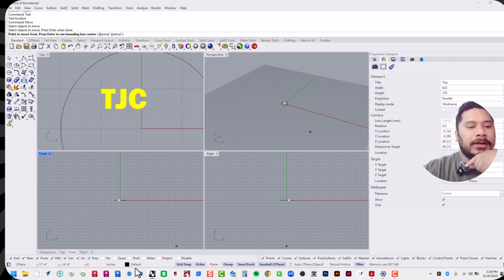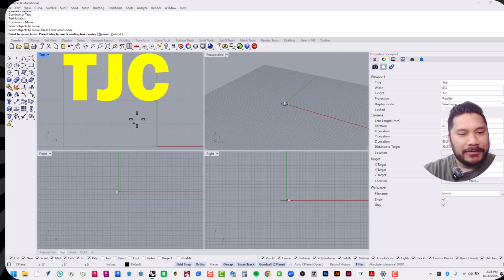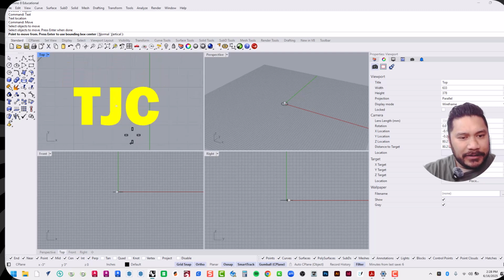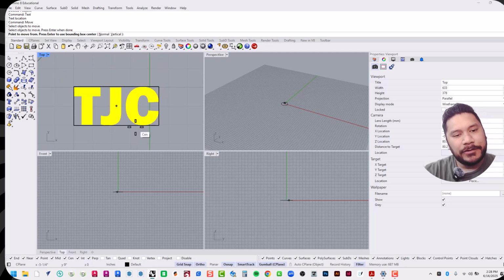So with these on, I can identify the center of this object by scooching in close to the edge of the boundary of this object. And now you'll see, although my cursor is way up here, it's finding the center of this object, CEN, right? And you can see sort of a small white point right in the center. If you click that, you're now going to be moving this from its center, and you're going to place it